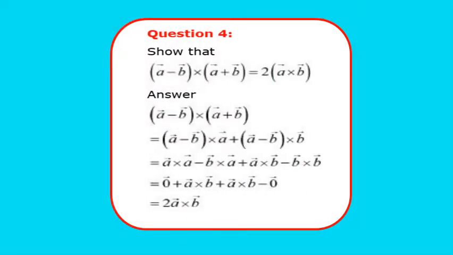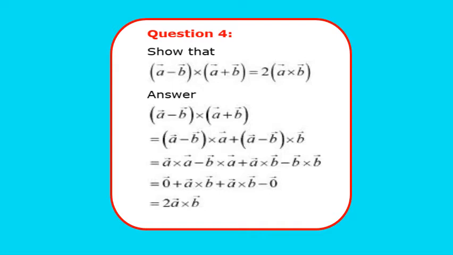Next is question 4. Show that (A minus B) cross (A plus B) will be equal to 2 times A cross B. So we have (A minus B) cross (A plus B). Using the distributive property, we get (A minus B) cross A plus (A minus B) cross B. Again using the distributive property, we get A cross A minus B cross A plus A cross B minus